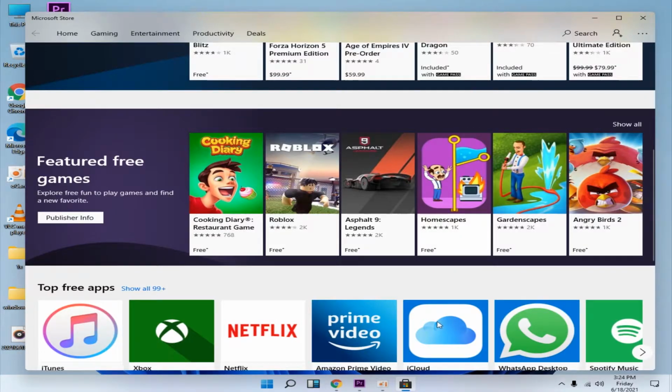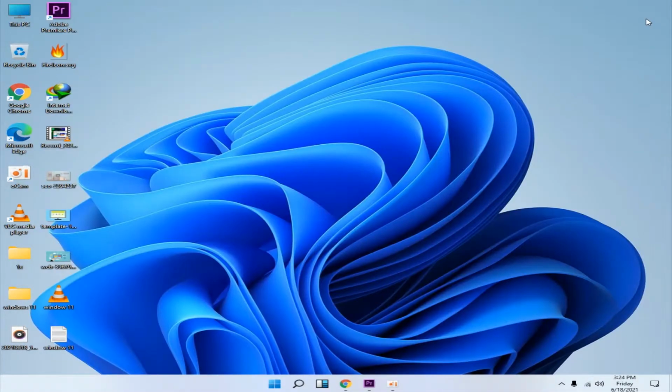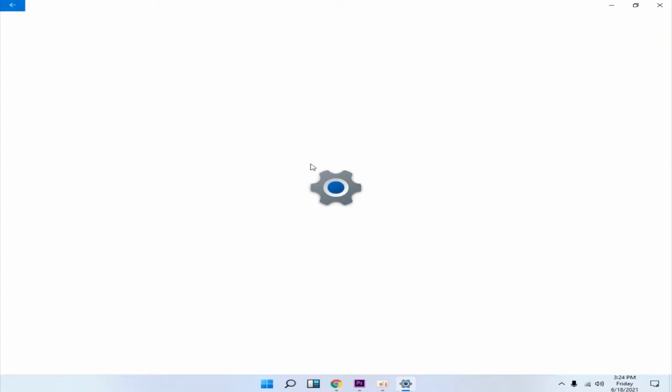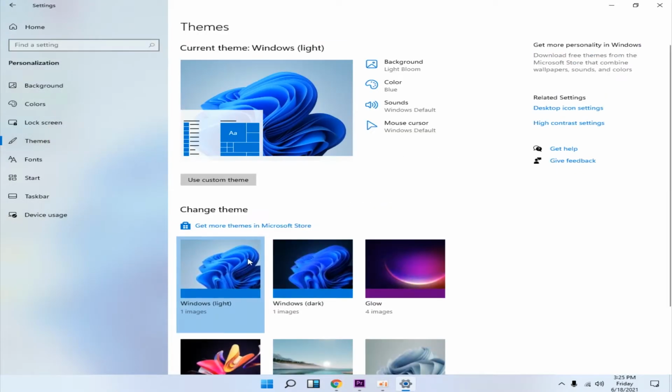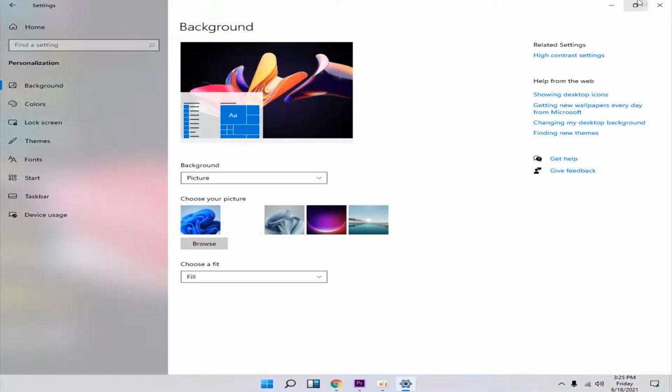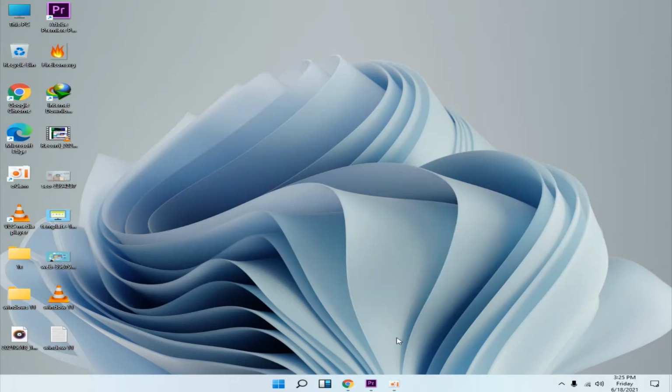Installing a pre-released version like this which I am using now on your PC is a very complicated task. It took me 2 days to install it on my PC because this pre-released version is designed for Oracle VirtualBox. But after making some changes to this Ultra ISO file of Windows 11, now I am able to install it on my PC directly. Let me show you how to do it.